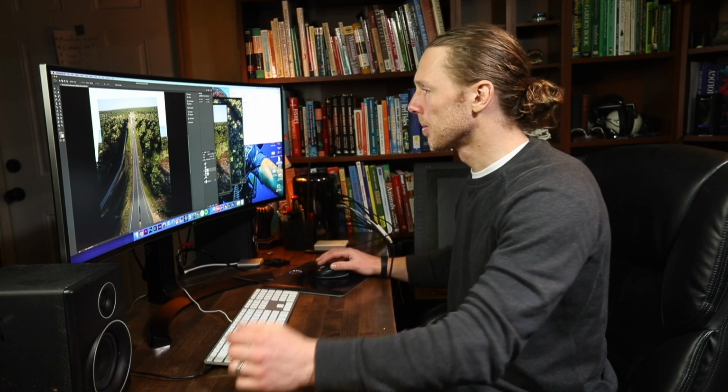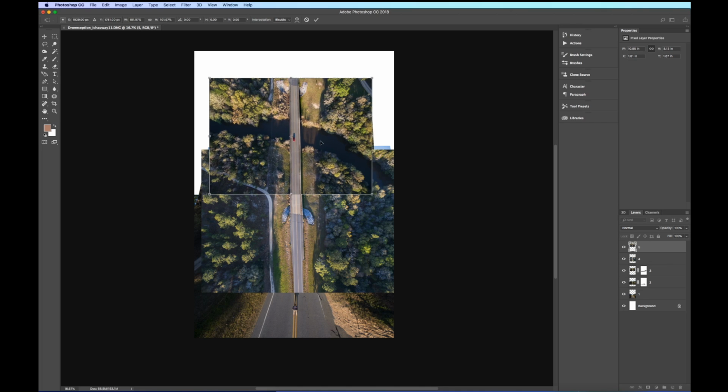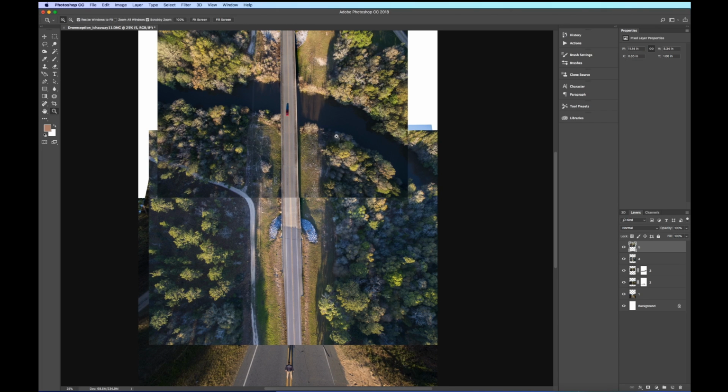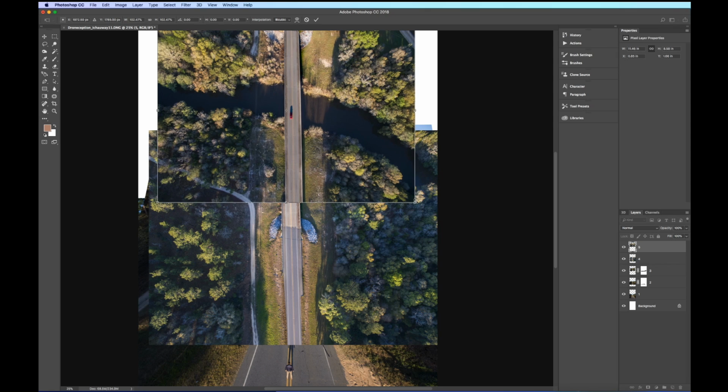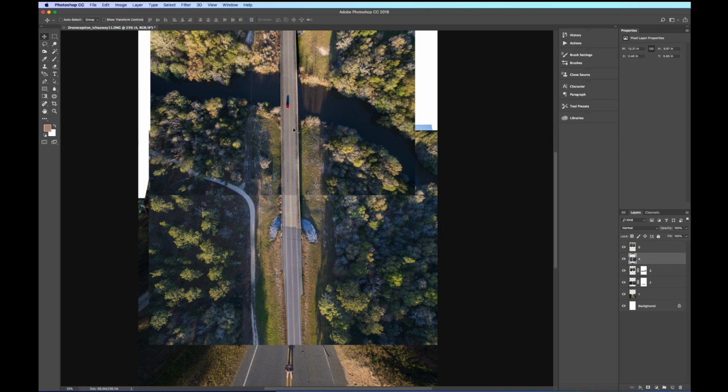Okay, next one. I have two photos shot straight down, and the reason for that was that I was going to try and make the wall, the vertical segment, appear taller. So I will first work on these two individually and try to match them to make that whole vertical segment. I simply go through the whole process again, lining them up and blending,